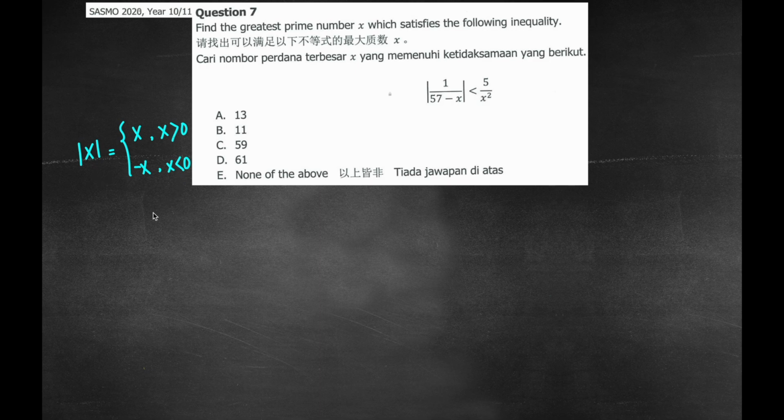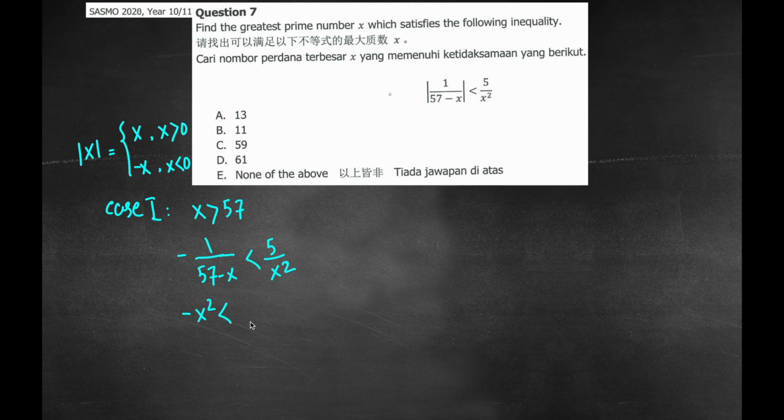the absolute function. Having said that, I'm dealing with two scenarios or two cases here, and those scenarios actually depend on the value of x. Now, if the value of x is greater than 57, my denominator is going to come out to be negative since the numerator is already positive, so that means the whole fraction becomes negative. So I have to negate it before removing the absolute value, and with a simple cross multiplication, I get negative